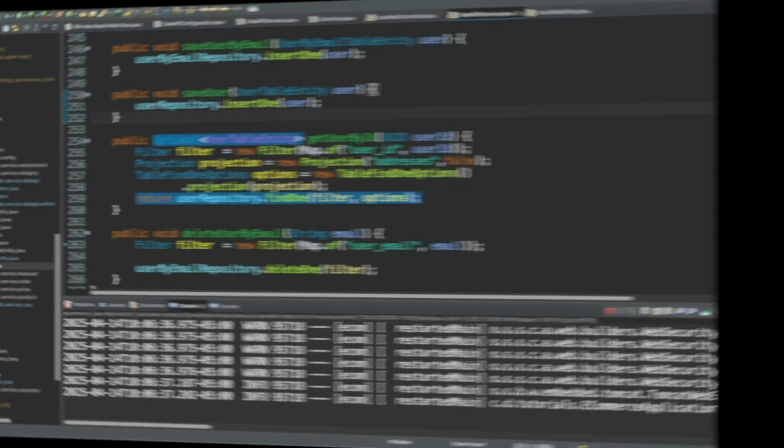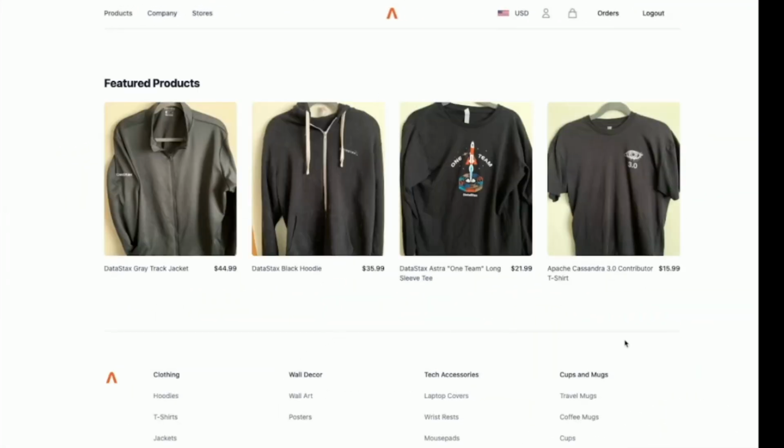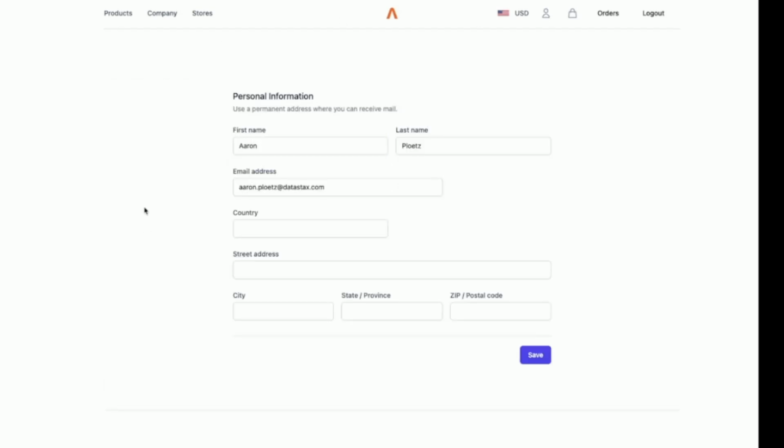Okay, we are running. And if we go back over to here, okay, things come up. Oh, look, and our login changed to log out. So that actually must have worked. So if I go ahead and click on the person outline looking icon here for the profile, you can see that, oh, yep, this is what our user profile system has pulled from my Google account. So just, yep, Aaron Pletz, and then email address of aaron.plutz@datastacks.com. Now, the rest of this is all address information, so I'm not going to bother making an adjustment here. But yeah, as you can see, this is working, and we can now log in and log out with our Google single sign-on account.